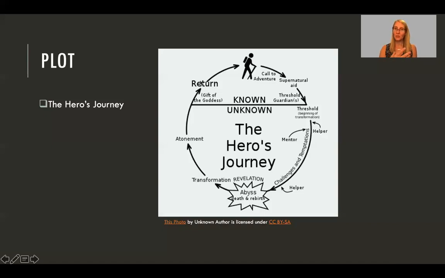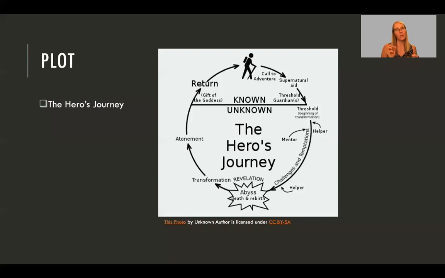that has a return. The character, our hero, gives back in some way, and then we're usually coming to the conclusion of that story. Again, this is applied often in novels. It's not used as frequently in short stories because this is a cycle that needs a little bit of time to take place. We can't specifically fit our story of Cinderella in this because it's just too short.